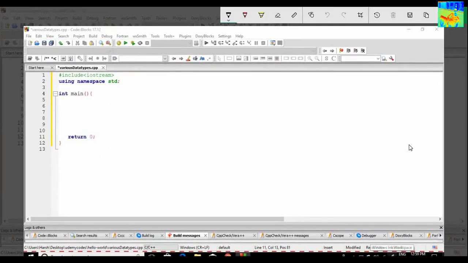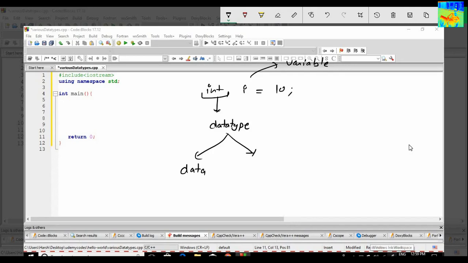Okay, so in the last class we did something like this. Int i equals 10. So i is a variable here and int is a data type. I told you data type tells us two things: which data you are storing and how much space you need for storing that data.